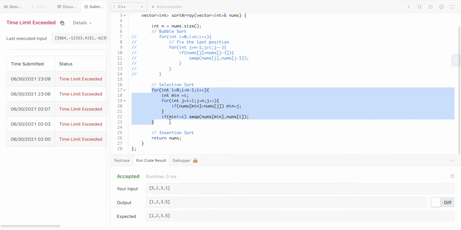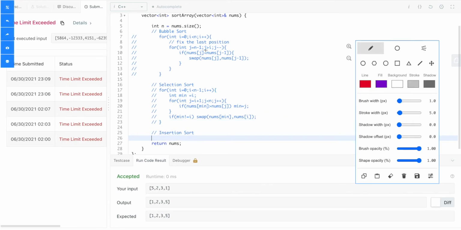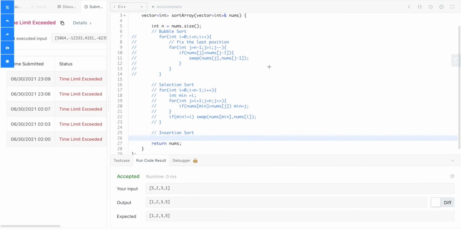Now let us look at the third part of this, which is insertion sort. In insertion sort, as we have discussed earlier, we maintain two different parts of the array. Let us suppose this array is given to me: 5, 4, 3, 1, 7, 6. In every iteration, I will maintain two different parts of the array. The left hand part will be known as the sorted part, and the right hand part will be the unsorted part.